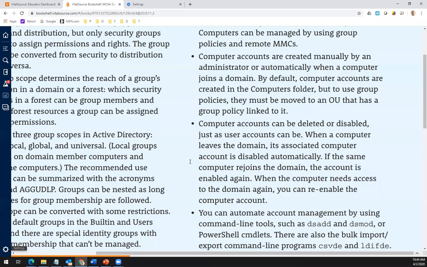So some of it was already clear, we said. Accounts can be deleted or disabled, that's obvious, just as with users. The computer accounts, right? When a computer leaves, its associated computer account is disabled. You know, there's this thing about deleting accounts, especially the security accounts. You do not want to delete accounts